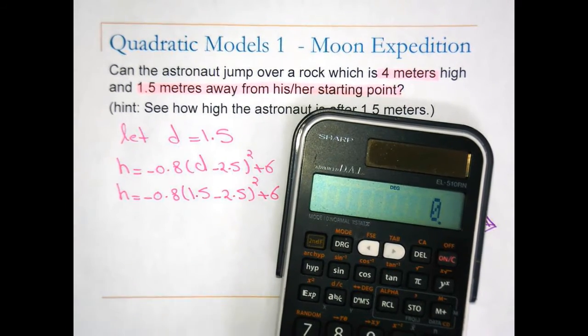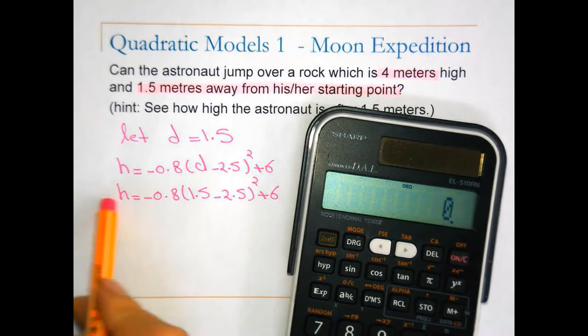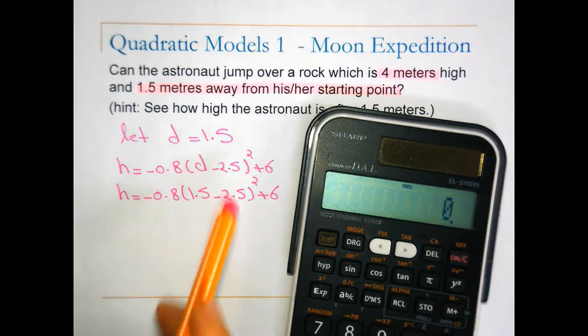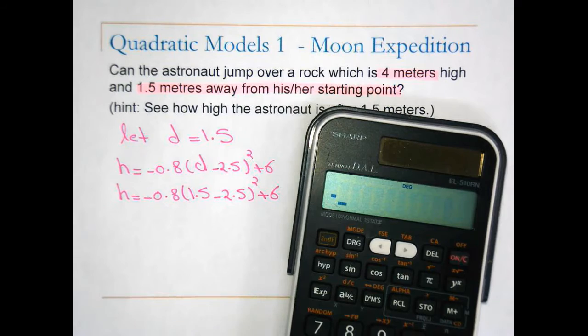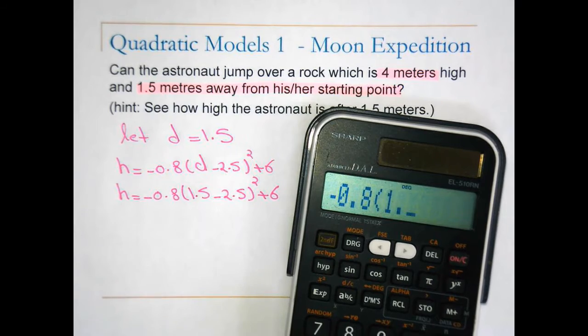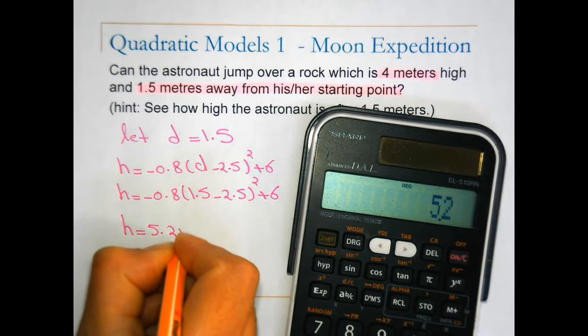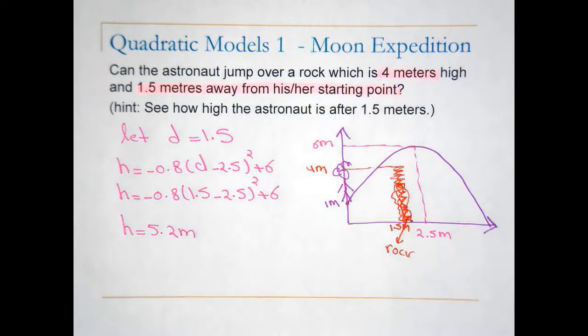For some of you, if your calculator has the correct order of operations, you can do the whole thing in one go. Otherwise, you have to do the order of operations individually. So for example, my calculator will allow me to do the whole thing in one go. So 1.5 minus 2.5, squared, plus 6. H was 5.2 meters. So at this point,